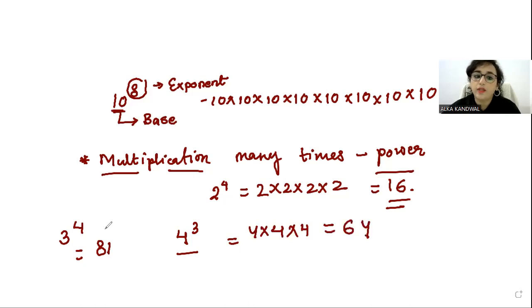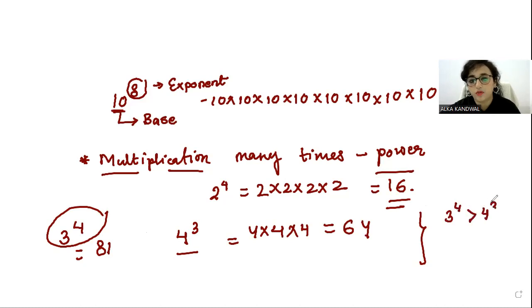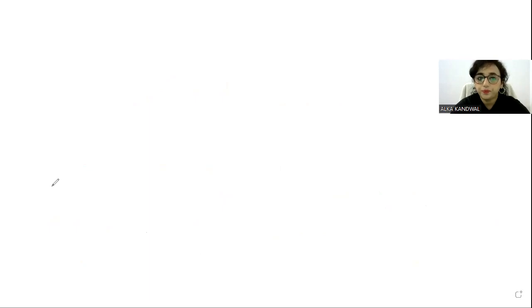So which value will be bigger? Obviously, if we look suddenly, some of you might think that 4 is bigger so its value is bigger, but no. We have to do the calculation and then come to the conclusion about what relationship they are holding. So 3 to the power of 4 is greater than 4 to the power of 3 in this case, is it not? So that is the basics of your exponent and power. So what is the picture we got till now?